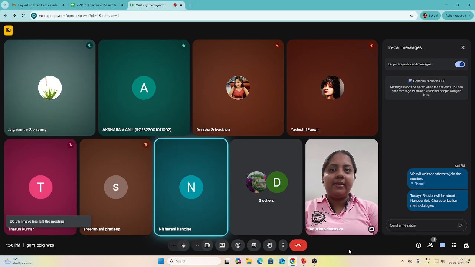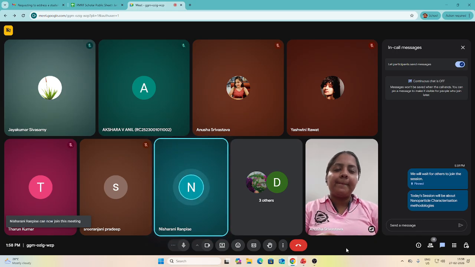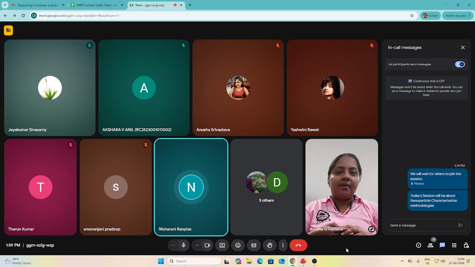Yeah, hello. Yes, I had a doubt. In some papers, they give the zeta potential of the particles, right? Zeta potential is only of the particles. Now, in some papers, they have mentioned the zeta potential of the gel. Is it possible to get the zeta potential of a gel, if you are adding the particles in, say, a polymeric gel like carbopol gel or something like that? Is it possible to measure that?